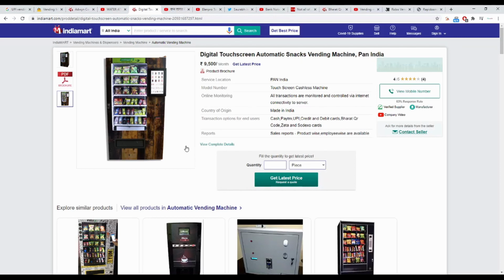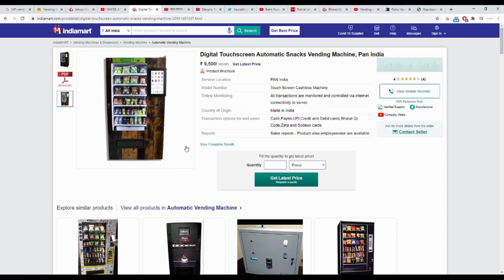I have not done any market survey or any such thing. I'm just finding information from Google and telling you, and these are the best products available in the market. I have not reached out to their sales people or technical people. I'm just showing them here as examples, as reference models of what kind of machines are available and what kind of issues you may face with them.